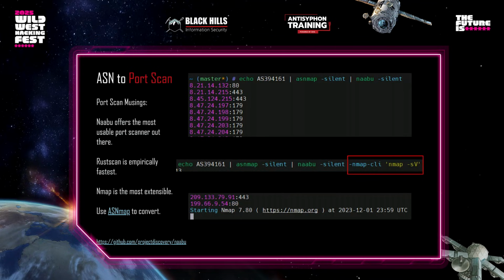And then you can also add your output options here. So if you wanted to do spreadsheet output or greppable output or whatever, you could add that inside of these ticks here. So this is what we do. Now, empirically,